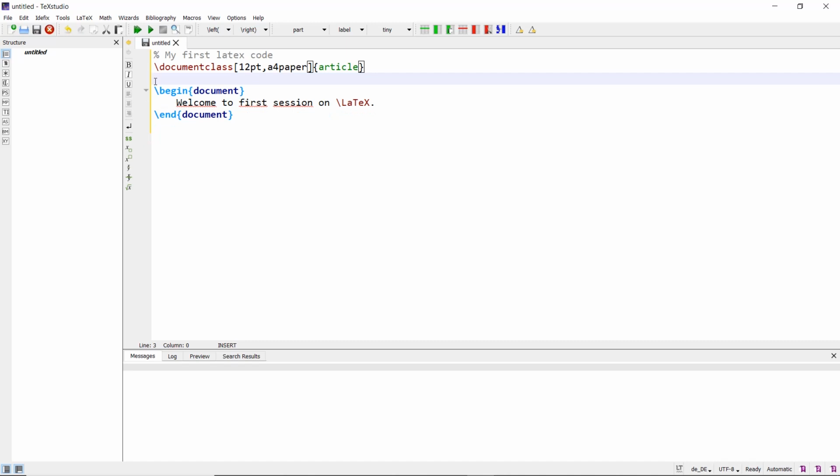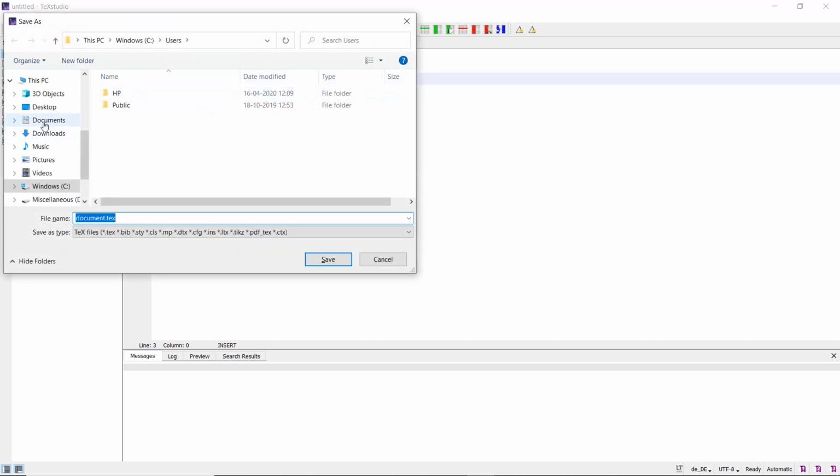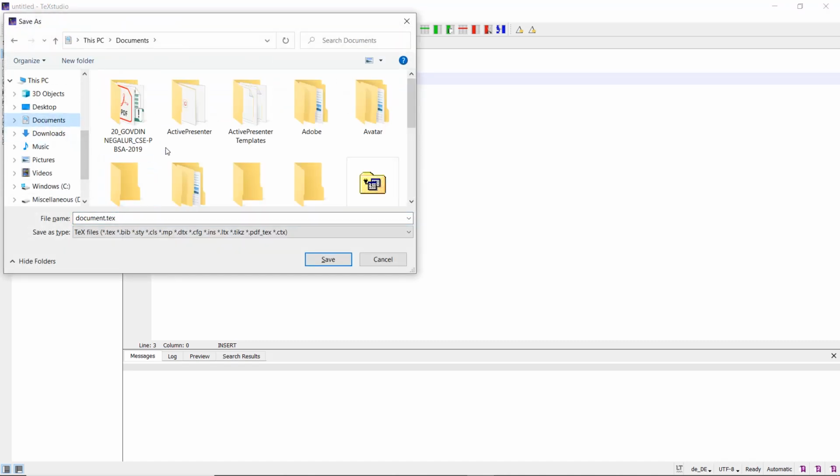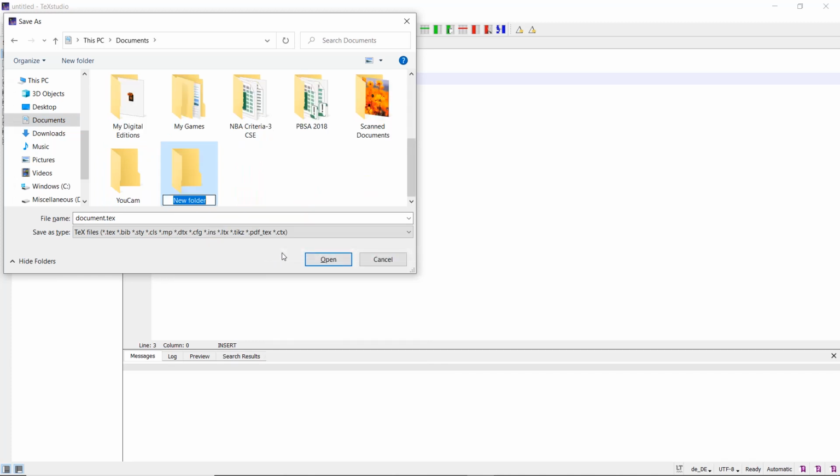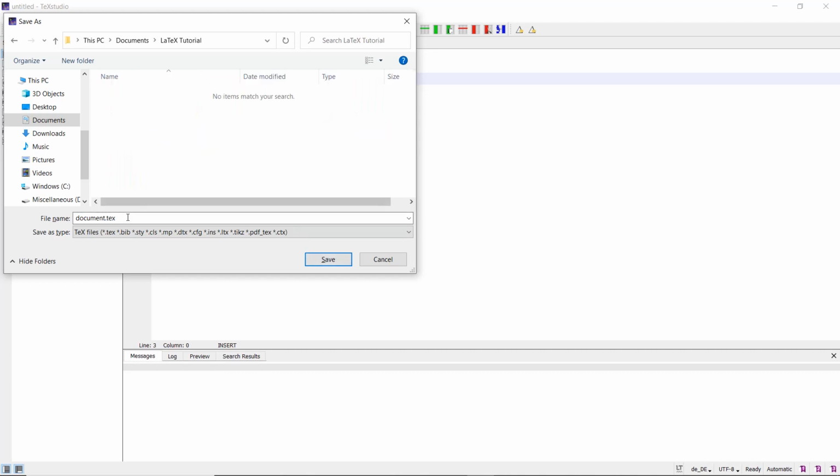Let me save this. I would go to documents and create a directory called LaTeX session or LaTeX tutorial, and inside this I'll name it as first or hello world.